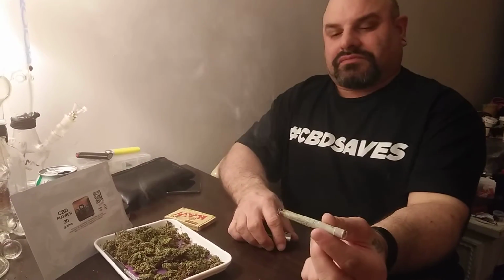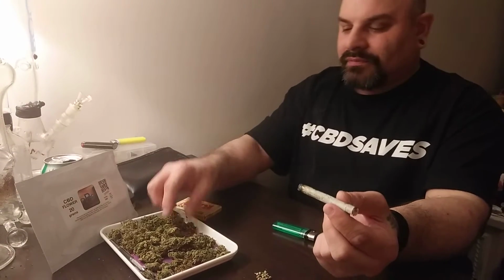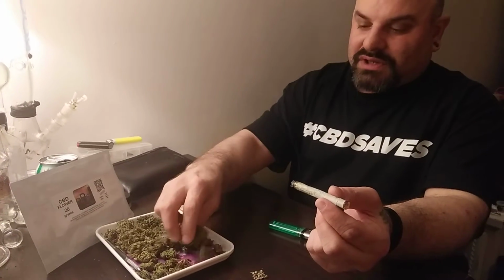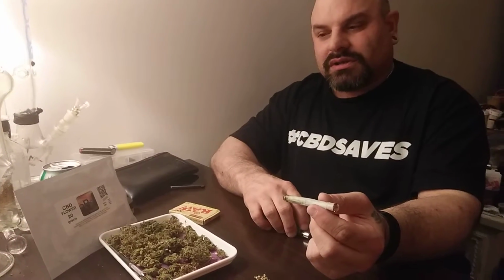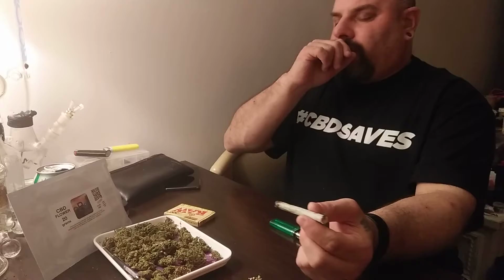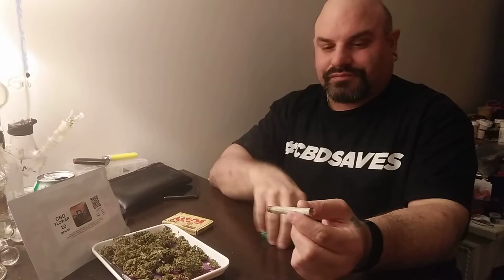It's airy. It's not a very dense smoke, but the flowers seem very airy, so it makes sense that it would be a loose smoke. It doesn't taste dry, but it feels dry, like the throat hit. But it doesn't taste dry. It tastes almost